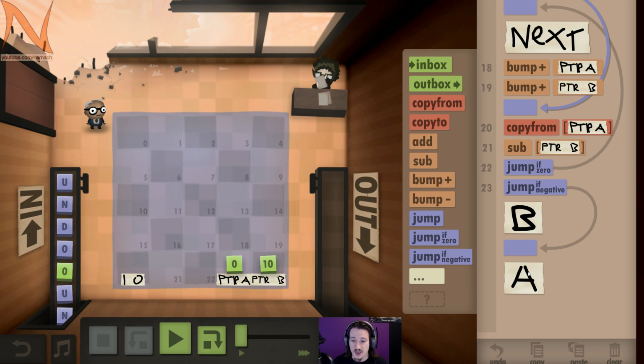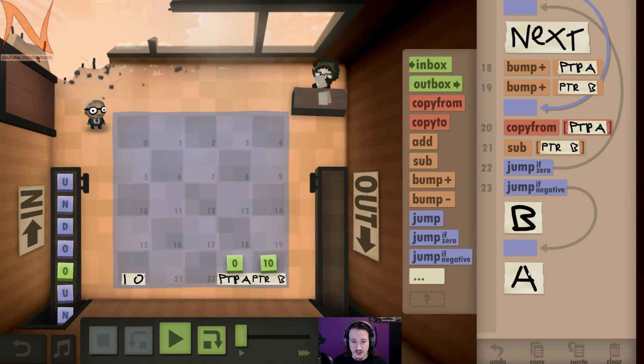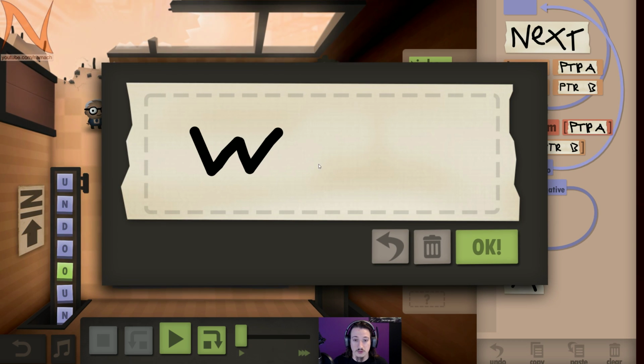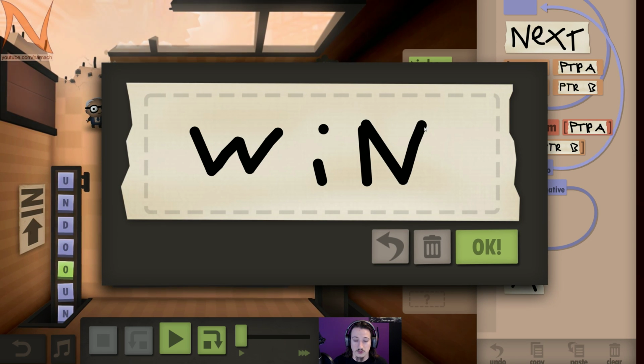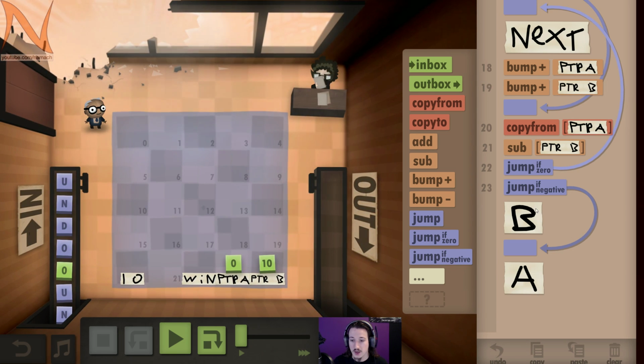And in case A has 1, we need to reset that pointer. The thing is, it doesn't really matter whether A or B has 1. All we need to do is pick a pointer. Let's say we call this one the winner. Okay, so let's say this is the winner. So in case B has 1,